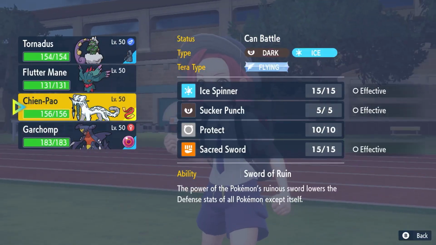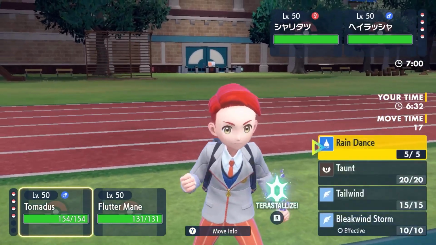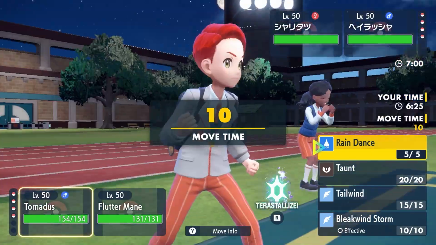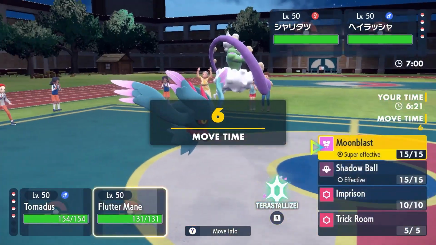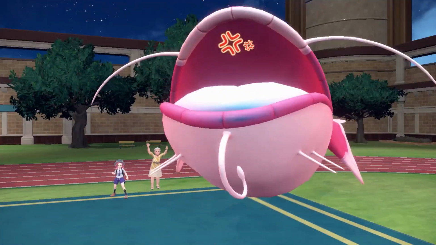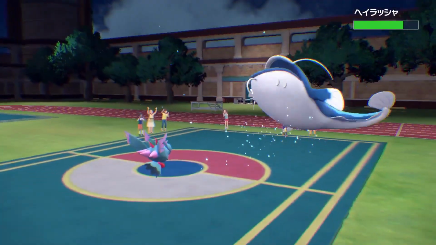What am I going to do? I don't know. I mean, Bleakwind would be helpful, but that's not going to help me right now. Maybe Taunt? Maybe? And we'll Moonblast. Maybe he has Rest. I don't know. He fell for the Taunt, and here comes the Moonblast from...